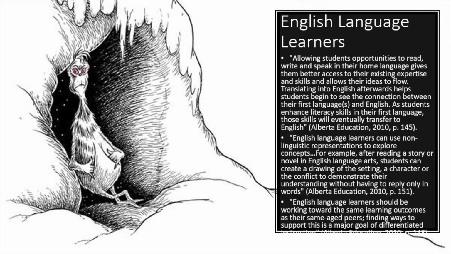Alberta Education states, "Effective instruction for English language learners needs to both support achievement of grade-level learning outcomes and promote language acquisition." Alberta Education says, "Like all students, English language learners are each unique with their own experiences, abilities, knowledge, and learning preferences." As an educator, it is important to recognize that a student's English abilities don't reflect their knowledge.